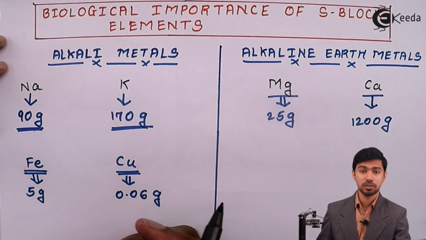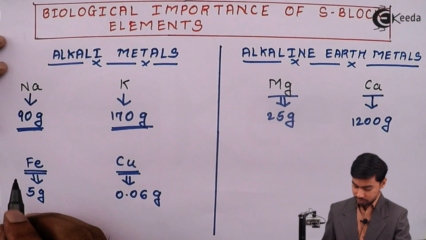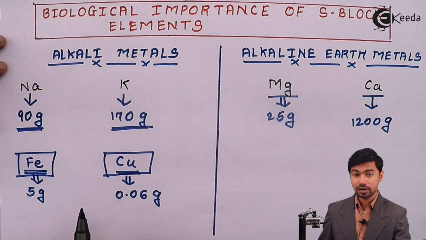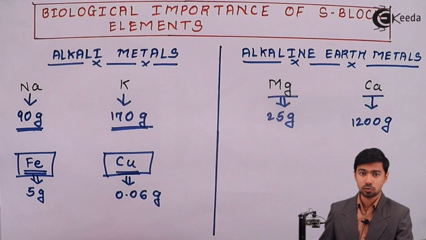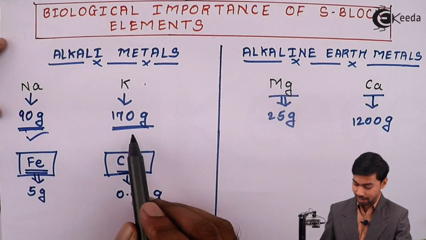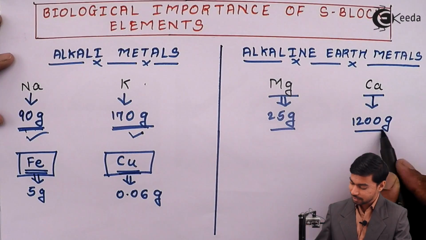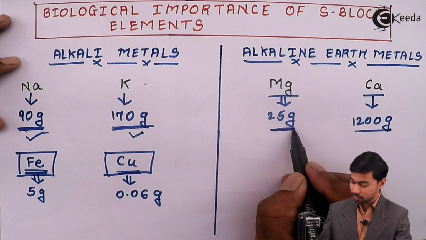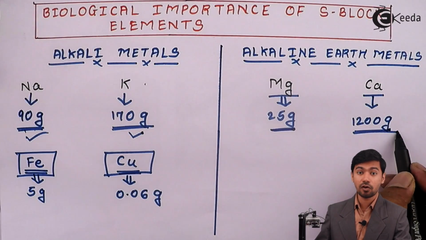That means it is again very vast, because whenever we consider a normal person with a 70 kilogram weight, who requires only 5 grams of iron and 0.06 grams of copper, which are generally considered very important to our body, compared to these, the alkali metals, sodium and potassium, are required in very high concentration. Similarly, the alkaline earth metals, magnesium and calcium, are also required in very high concentration. Magnesium we require is 25 grams and calcium we require is 1200 grams for the normal